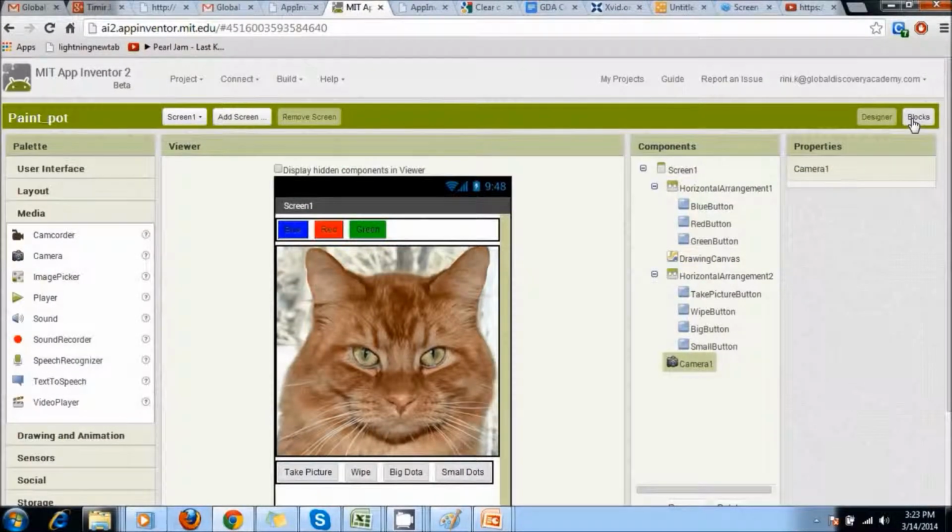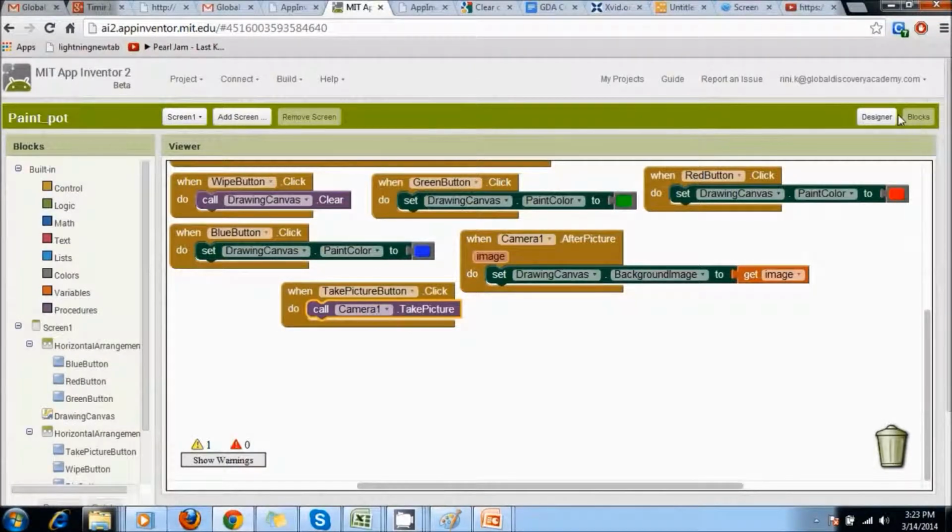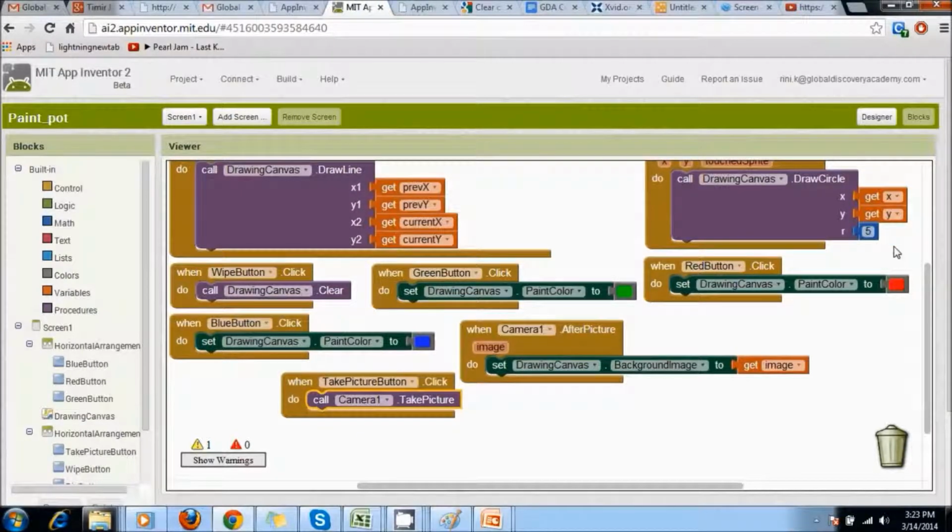These two buttons are basically to change the size of the circle which is going to be drawn. So now, changing the dot size. If you remember, by default we made the radius of the circle 5, but we can change that value by using variables. The size of the dots drawn on the drawing canvas is determined in the call to DrawingCanvas.DrawCircle, that is, the value of the radius is set to 5.